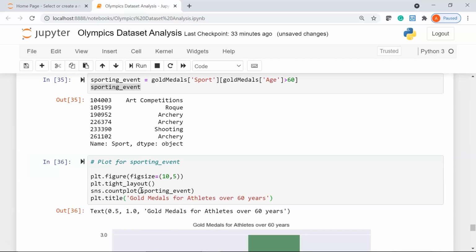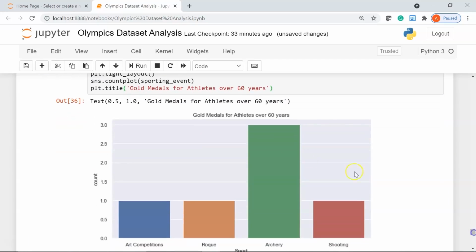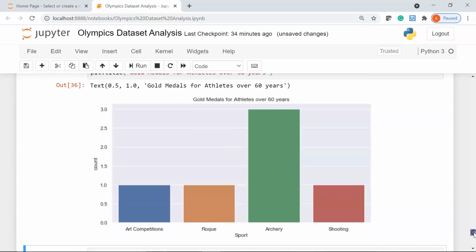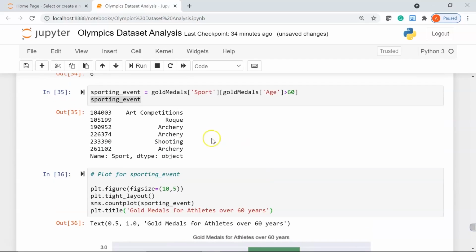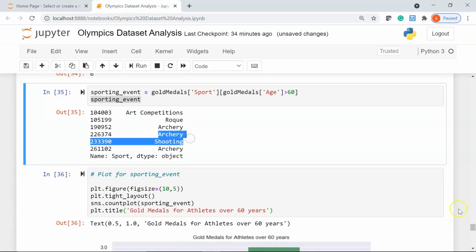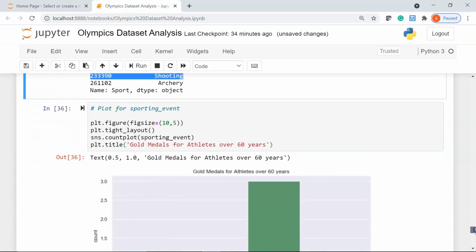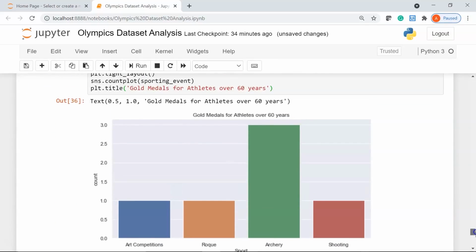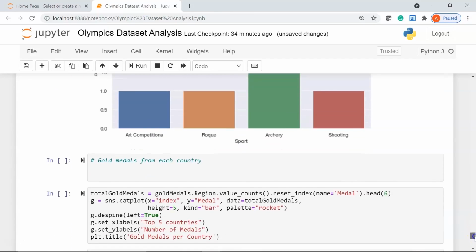Let's run it, and if I scroll down, you can see here we have a nice count plot. I have my title gold medals for athletes over 60 years, and for archery we had 3 players who secured a gold medal having an age more than 60 years. You can see here archery is 3, art competition 1, rook is 1, and shooting we had 1 medal. Alright,